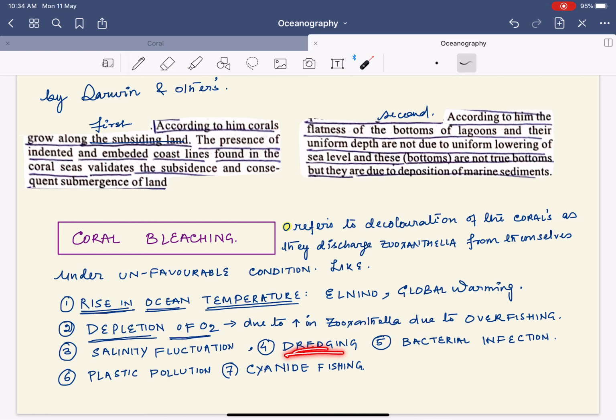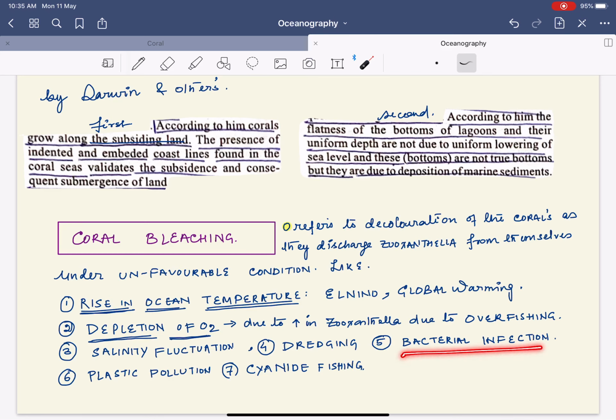Next is dredging. See, dredging is nothing but your ocean bottoms are cleared out, where they use a crane and clear out the deposits on the ocean bottom so that the ships can easily come in without getting obstructed. Now the problem is that such things increase your turbidity. This was the very reason for the Adani group, I hope you know who the Adani group is. The Adani group had taken up coal mining near the Great Barrier Reef. And there was a consistent protest that such mining will increase the turbidity in the water, and as a result this will affect the corals.